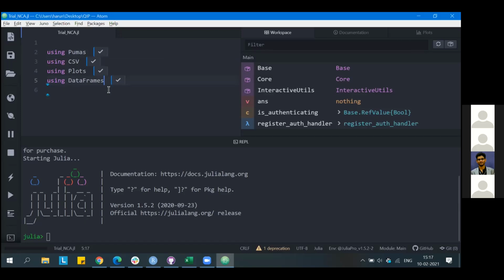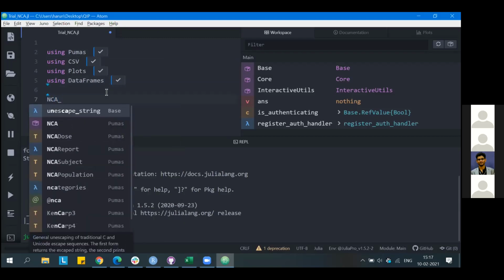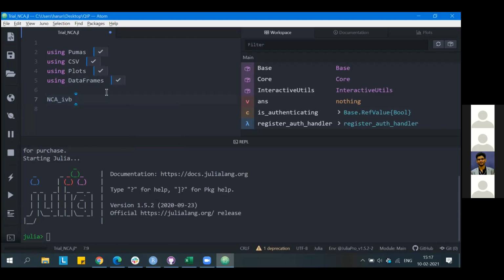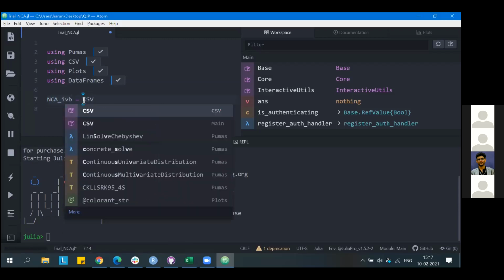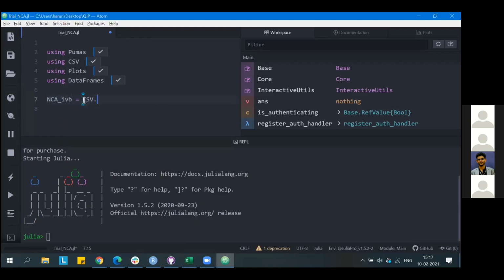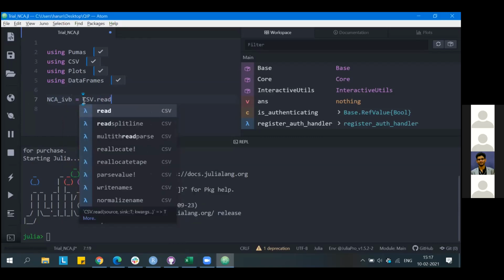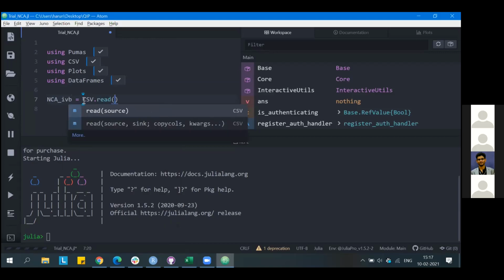Yeah, please. So the next thing is the file name, IV bolus. It's just the same convention. I'll assign a value to my file. I'm giving the function CSV.read within parentheses.